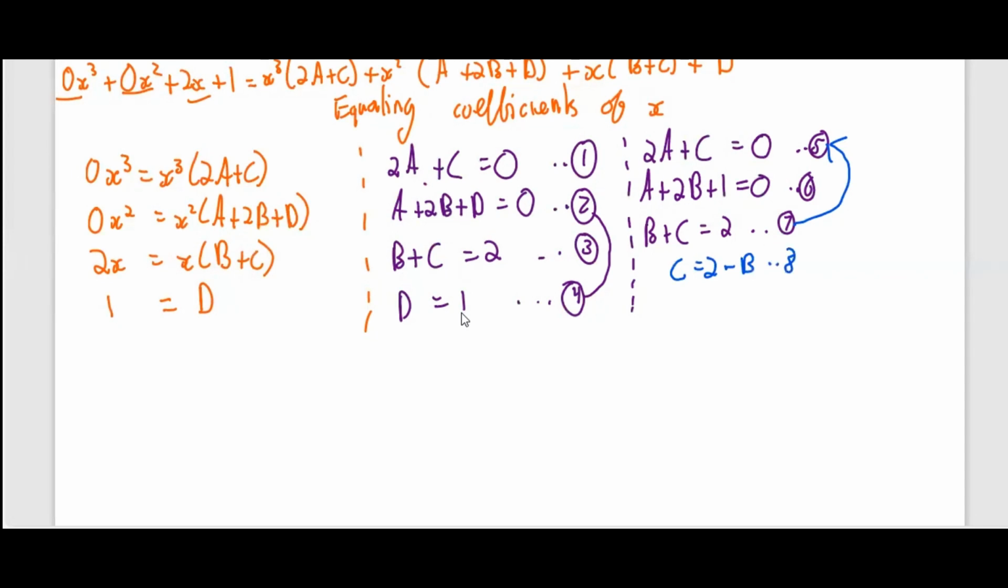So we could plug this into here, right? So rewriting the equations over now. It'll be 2a, and c is 2 minus b, so it'll be plus 2 minus b, and that will equal 0. Yeah, that was this here. And then the other equation will stay as a plus 2b, and that will equal